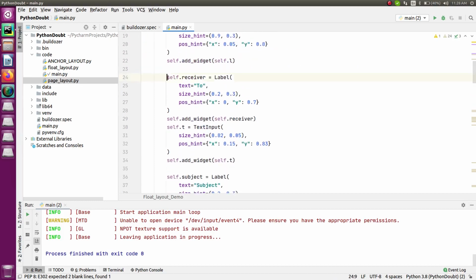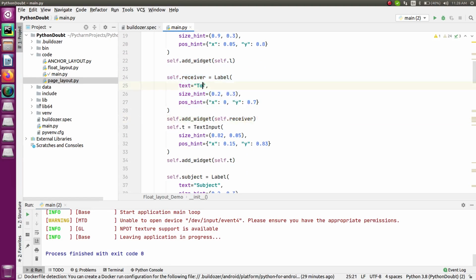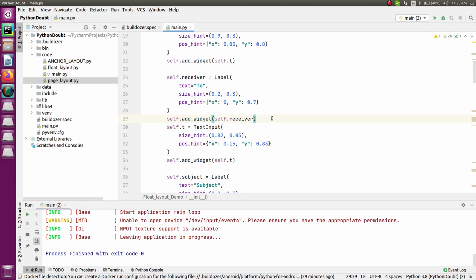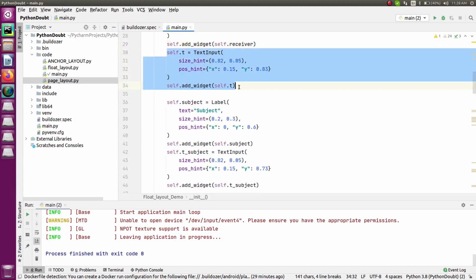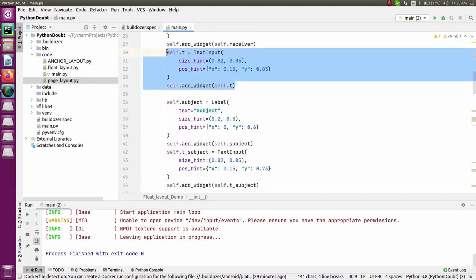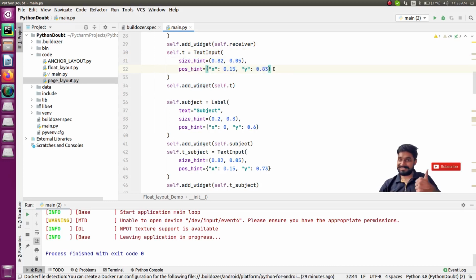And after that, I'm going to add a new label which will be used for this "To" part, which will be used to take the email ID from the user. So it's like a message for the user, based on which the user will understand what exactly you have to enter in here. Similarly, in front of that, I'm adding a text box where I will be entering the email ID, right? Based on that I have set the size for that, and accordingly I have set the position for that, right? So this position is going to change, and you can change it as per your system, as per your project, right? So that's totally up to you.